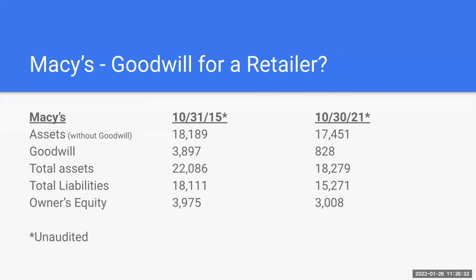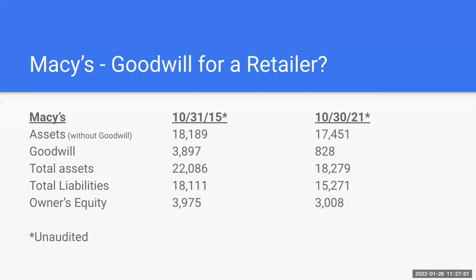But again, with goodwill, when you see goodwill for a retailer, you probably want to disregard it unless it is something that really has value. That's really where, for certain enterprises, it's going to be on a case-by-case basis. But when you go back to Investopedia and talk about why we're removing it, it actually makes a lot more sense.